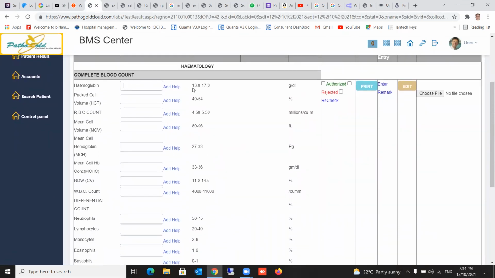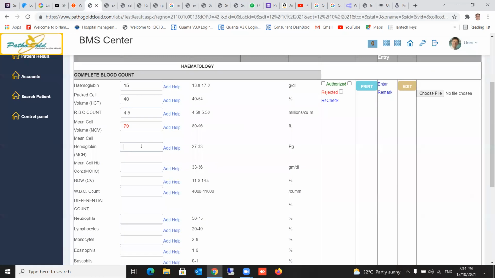Now let's enter the data. This is the range and this is the data we are entering. Once you enter the data, come down and type whatever the values are, 4.5. Now I'm going to type 79. It turns red automatically. This is abnormal.